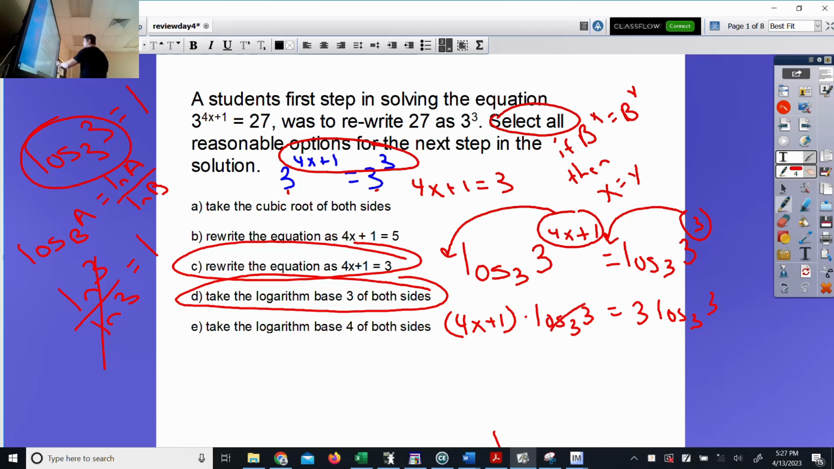Now, because these are 1's, they're gone. And we end up with 4x plus 1